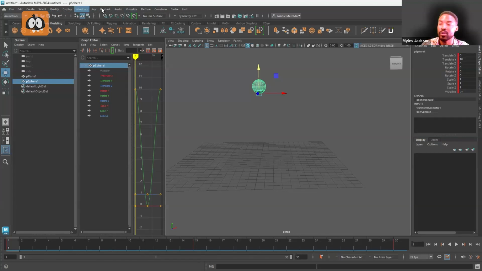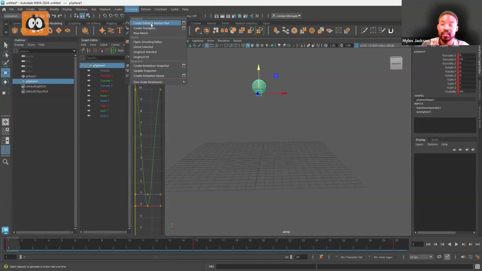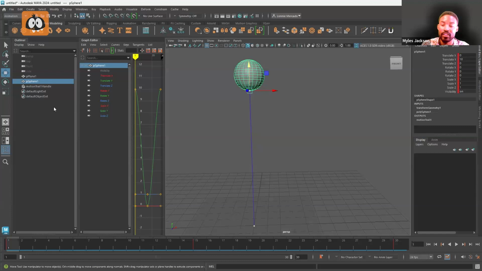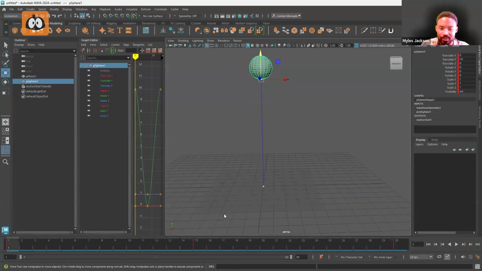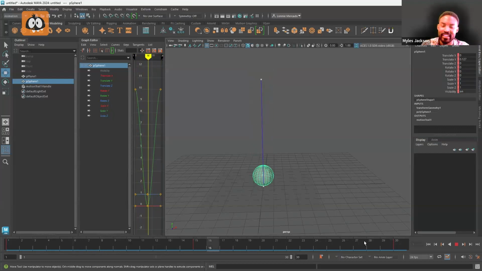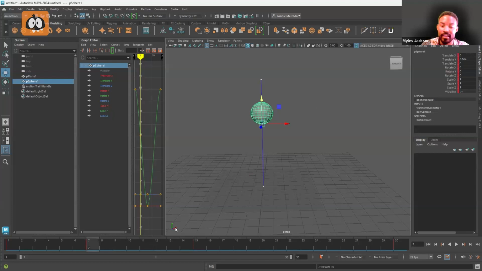So you can actually go to visualize, and here in visualize, you can create an editable motion trail. When you do that, you get a line as well. Maya's a little bit different. It doesn't really seem to show you everything in between like Blender does right off the bat. But if you wanted to, you could set some more keys around here, and then you start to see a little bit more of what it is. And actually, one cool thing about Maya and its